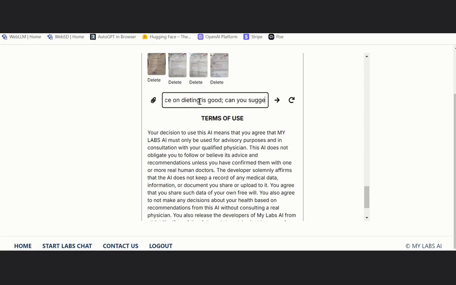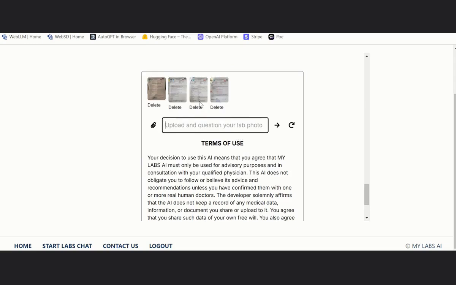Can you suggest a breakfast, snack, and lunch menu for me today in line with my condition? Right? So the AI was able to tell her the kind of diet that could support her condition, but